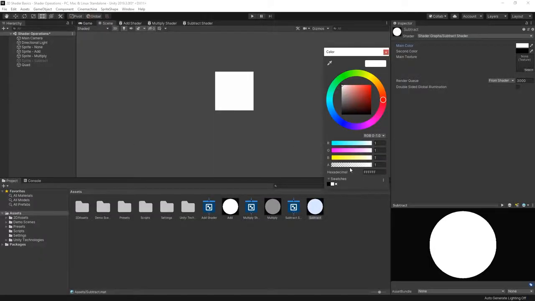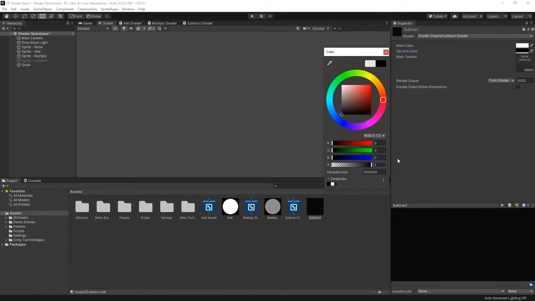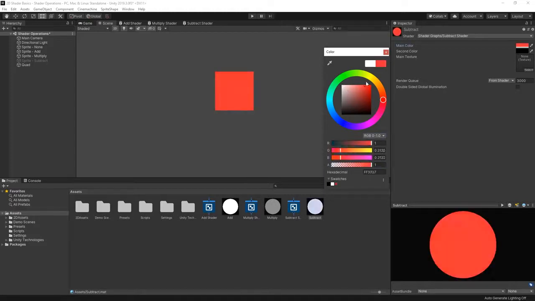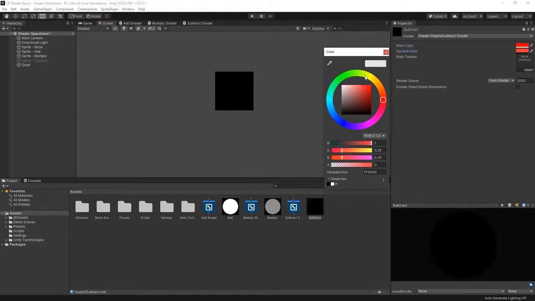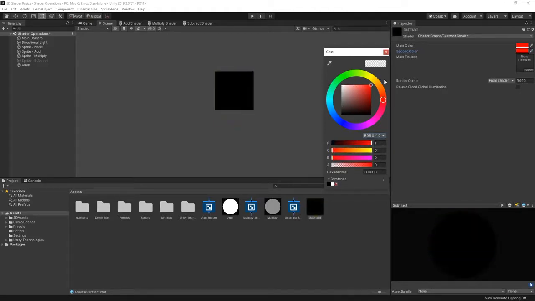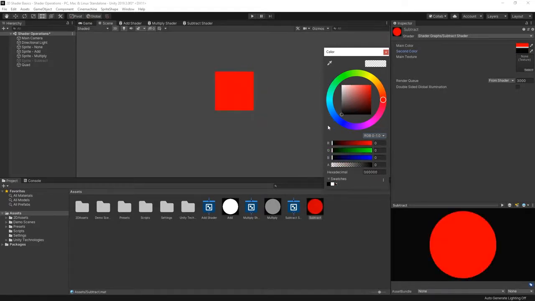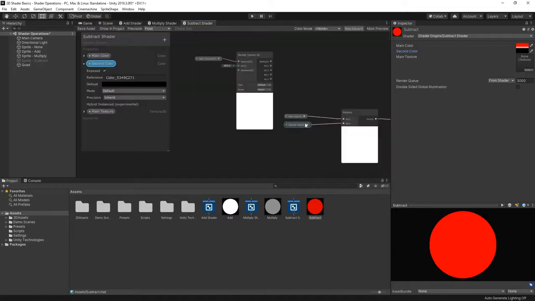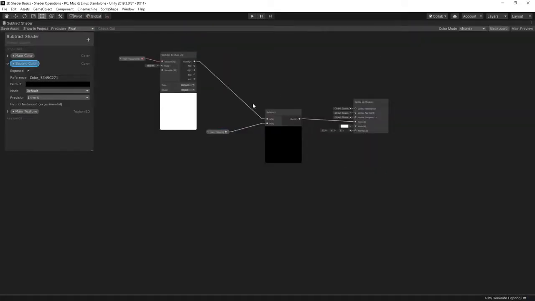If, for instance, the alpha channels on both of our colors are set to 1, we have a completely invisible color. Similarly, if we set them to the exact same color, or move between red or white, we result in a black image on our quad. As you can tell by now, this is because our second color's float4 value is being subtracted from our first color's value. If we now hook our texture up to this operation,